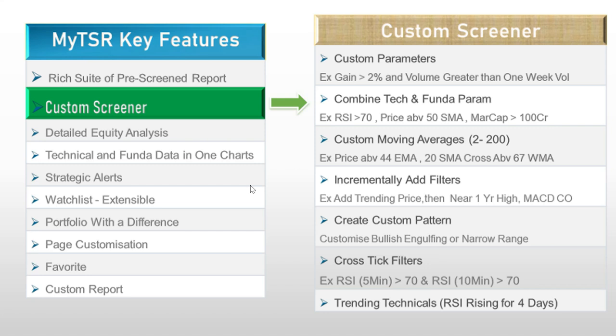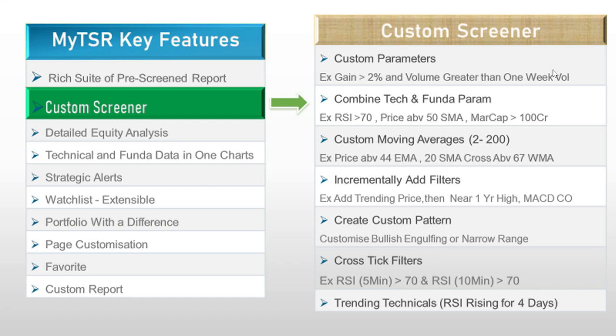In the standard screener, the options you have on the pre-screen report are basically hard coded, and you get the same thing. You don't have an option of configuring it beyond a certain point of flexibility. Here you have an option. For example, in custom screener, if you want price gain above 2%, you can change it to 3 or 5%. You want volume to be greater than 1 week volume by how much? Let's say you want the latest volume to be greater than 1 week by 200%. You have flexibility there.